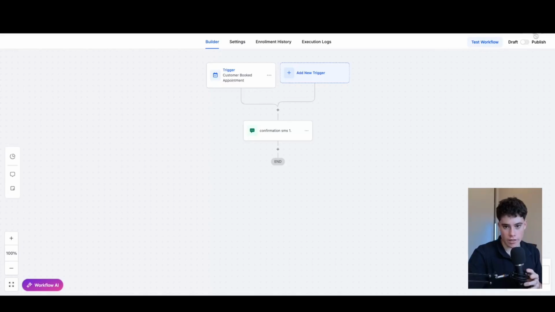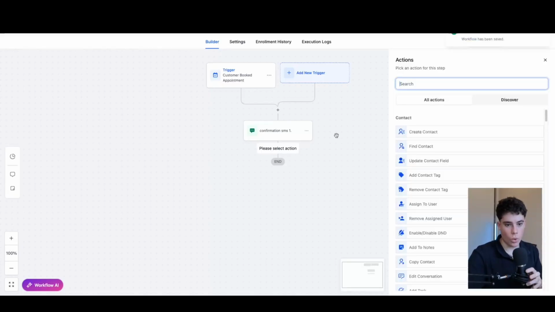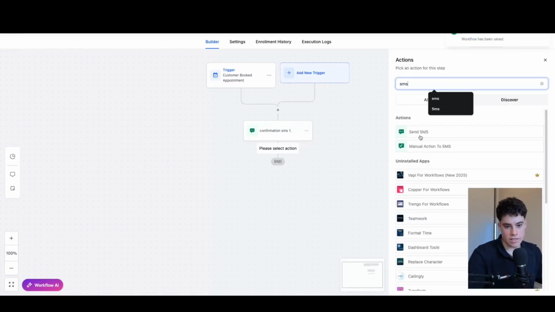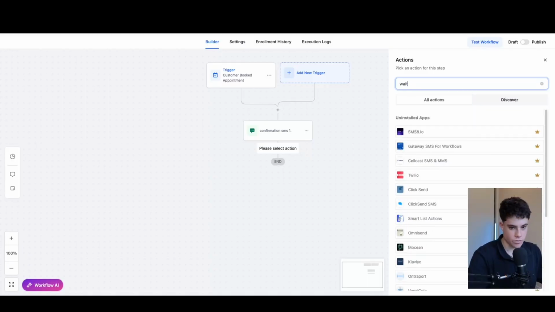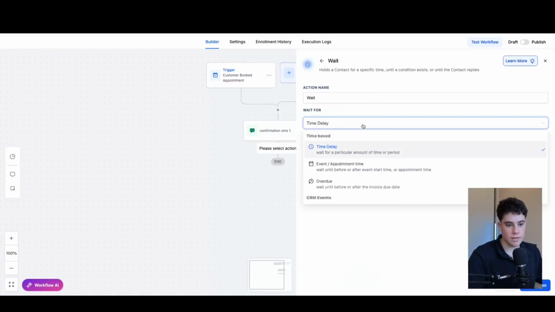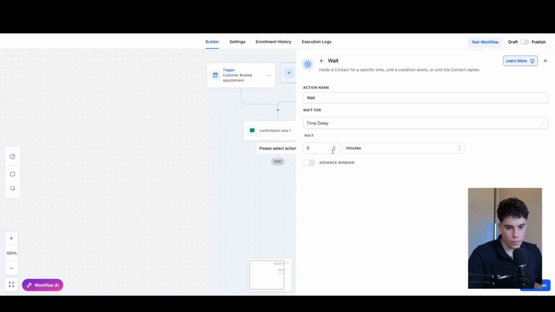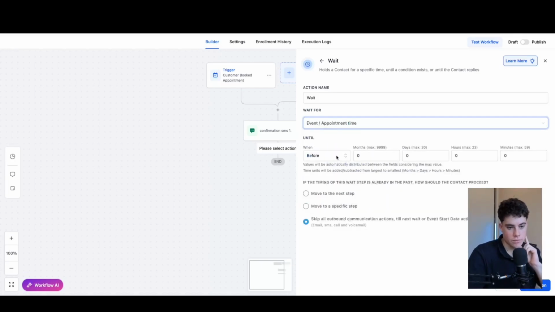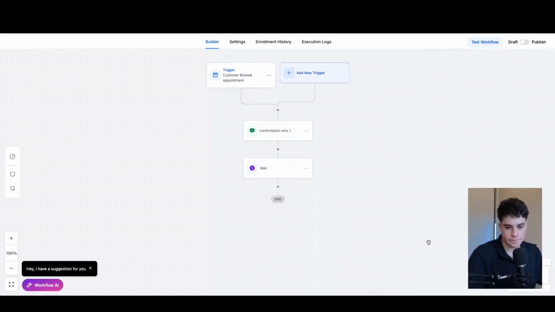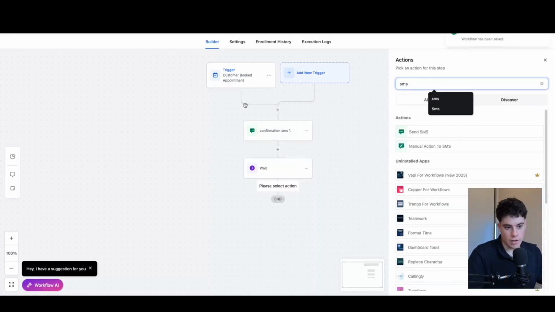So from there, we're going to go ahead and click save, come up here, and then we'll add one more SMS. So essentially it's going to be a reminder SMS. Actually, we need to add a wait step. So wait, and then we'll do wait before 24 hours. So again, sending an SMS 24 hours before the appointment. Click save. And then, after it sent that confirmation, it's going to wait until 24 hours before the appointment,